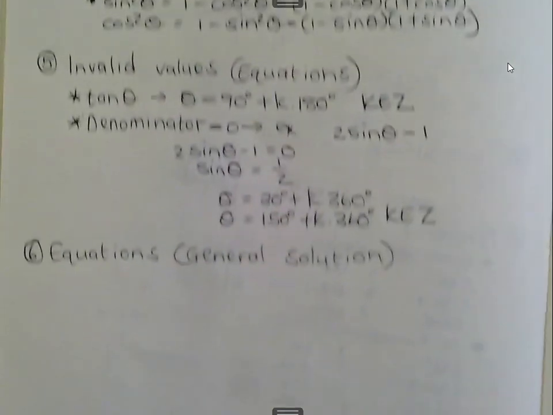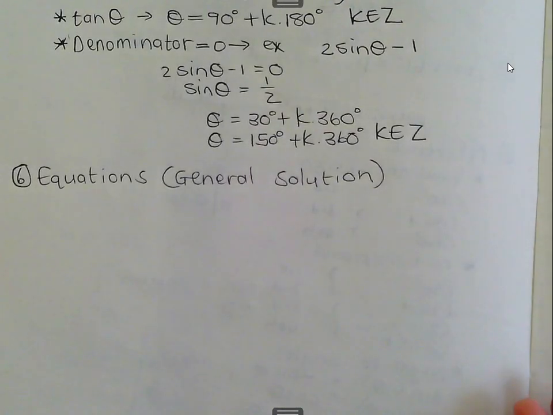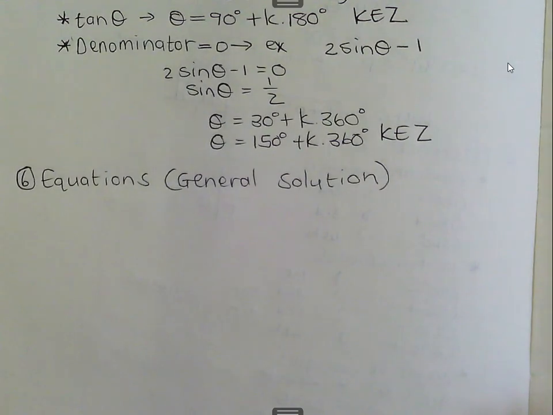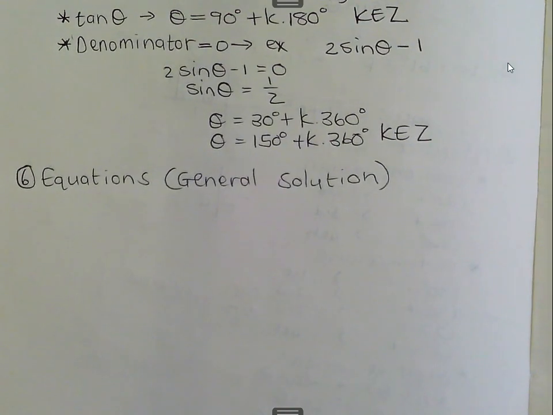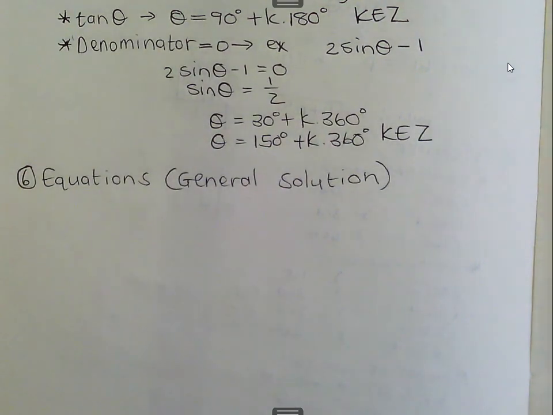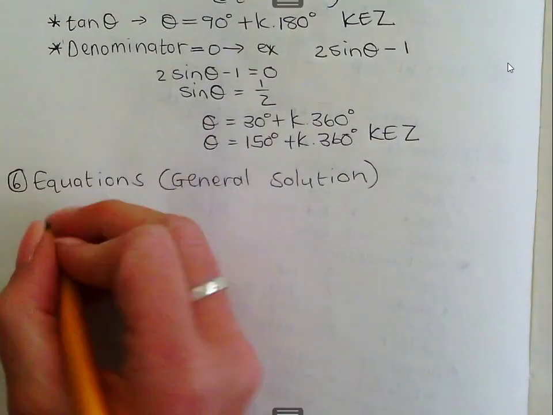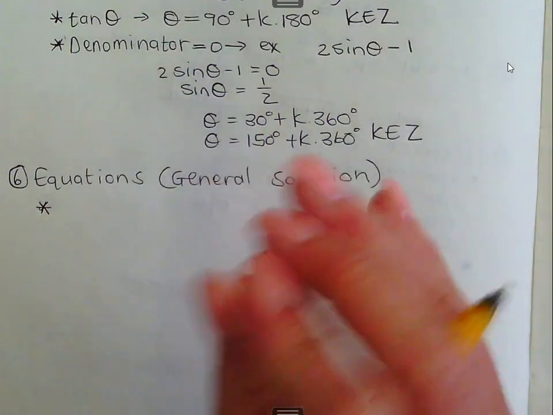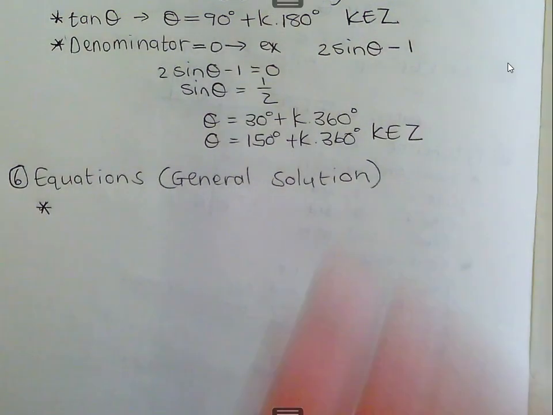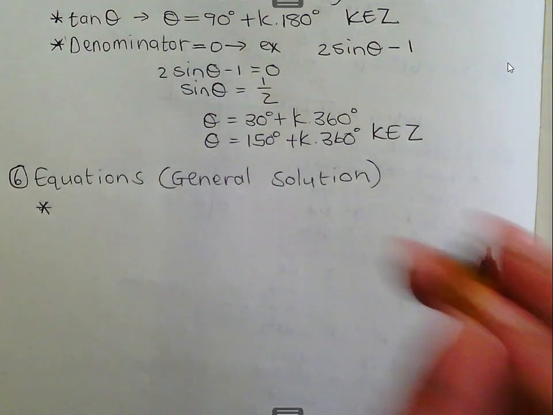Okay, the sixth one is equations, and then they normally ask you to find the general solution. For this, you use a calculator. Often they can ask you for the general solution, and in the next question they can ask you for the specific answers from negative 180 to 180 or whatever the case might be. Remember, then you just substitute a value into k until you're out of the restricted area that they've given you. Okay. General solution, three things that can happen. The first one is, and I'm only using elementary examples, you must go and have a look at where we did it, how they can ask it, also in the old question papers.